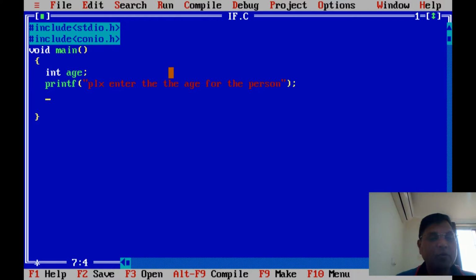The program we are going to do here uses the if condition. Suppose you are going to a restaurant and you want to order from the menu. You see the menu items you want, but you also check your pocket.